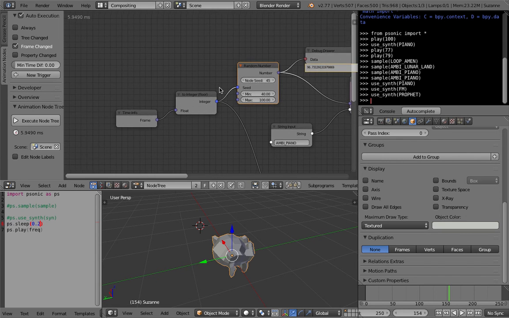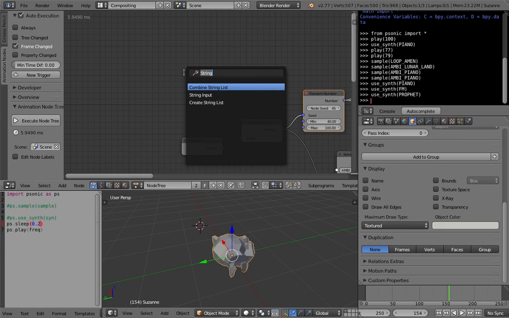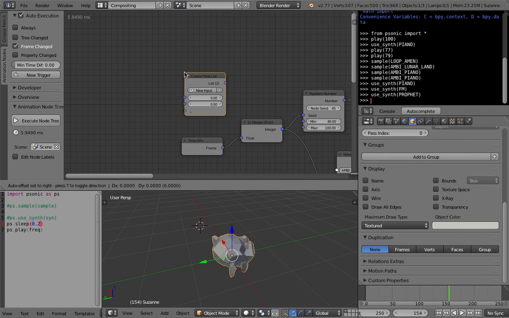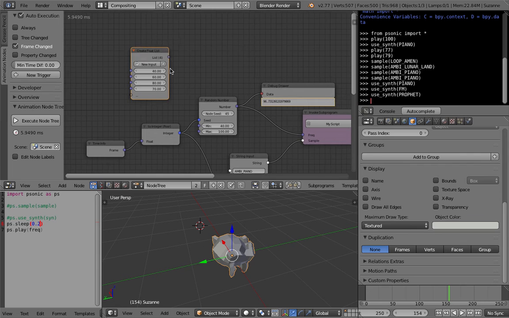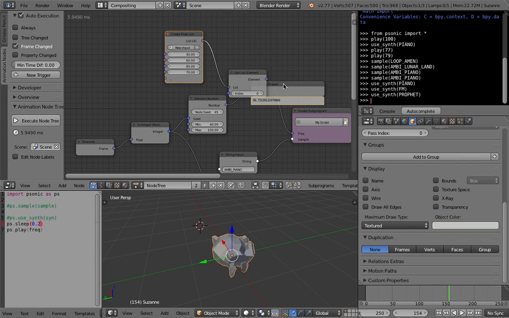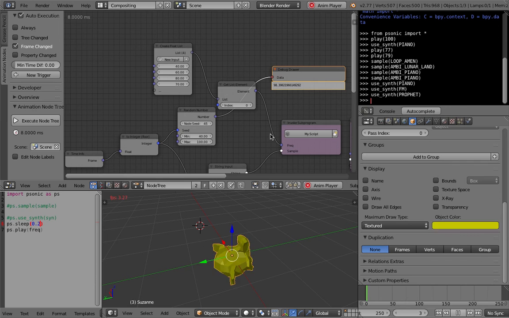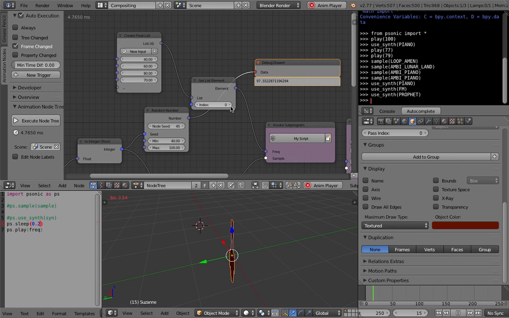You can also make your own ticker. If you have a list, let me try. Let's see if this works. Float list. Create float list. Maybe 40, 60, 80, 70, and then we just try plug that in. When I play, so